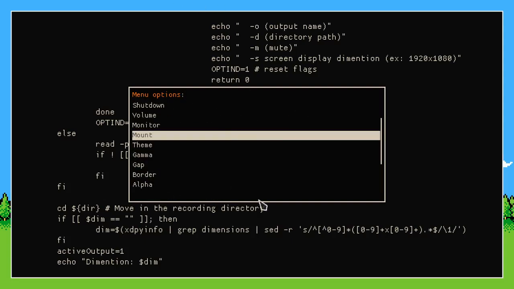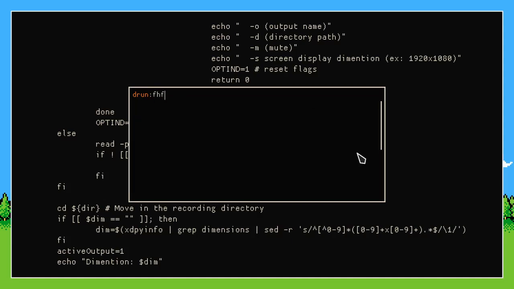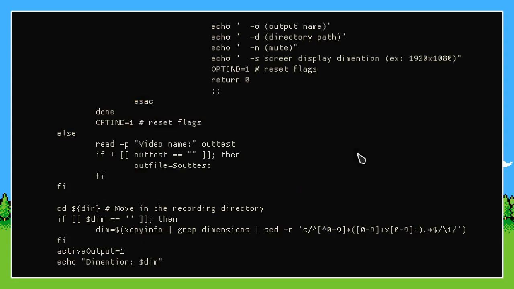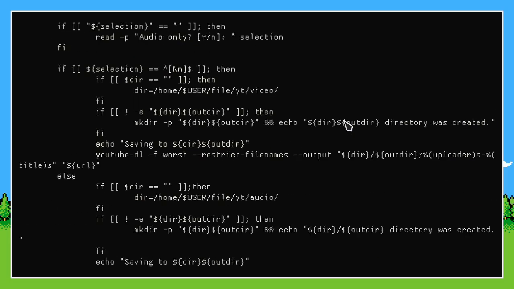That's not the menu, that's Rofi. What is Rofi? Well, it's a menu that you can use to display a bunch of stuff. Like I use it to display my applications. I can do a search. And yeah, you can use it to just display text, like error, warning, whatever. On Windows, you would use Visual Basic, I think, to display warning windows and stuff. We don't have that on Linux, but we have multiple alternatives, and they're better. They're more customizable and you can use them in more various unique ways.